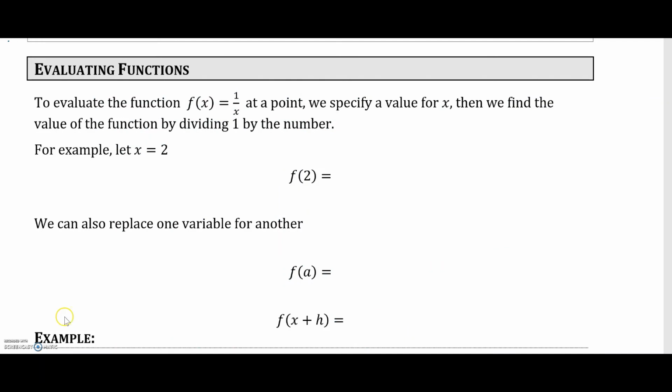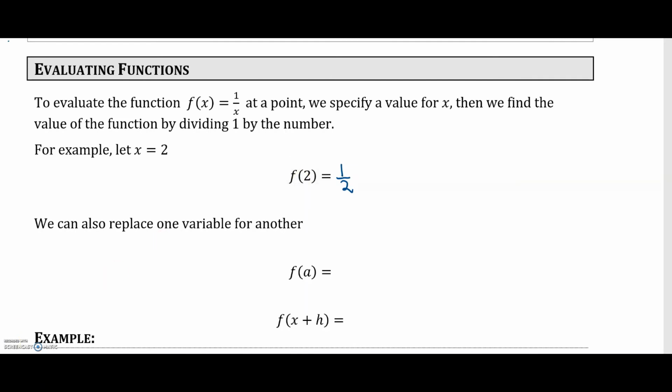Now we're going to look at evaluating functions. In Math 145, when we created a table of values for various values of x and calculated the value of y, we really were evaluating functions for particular values of x. Here we're going to evaluate the function f of x is equal to 1 over x at a point. So we specify a value of x, then we find the value of the function by dividing 1 by that number, since the rule is that f of x is equal to 1 over x. So for example, if we have x is equal to 2, then f, our function evaluated at x equals 2, is 1 over 2,